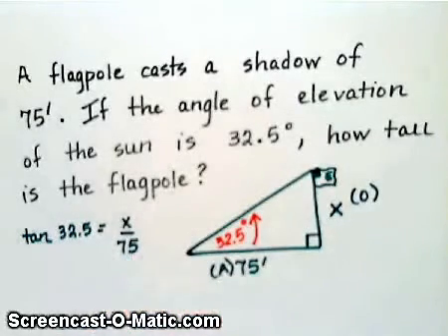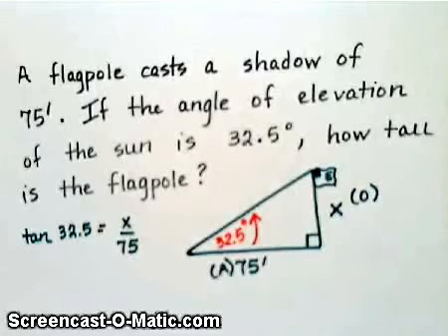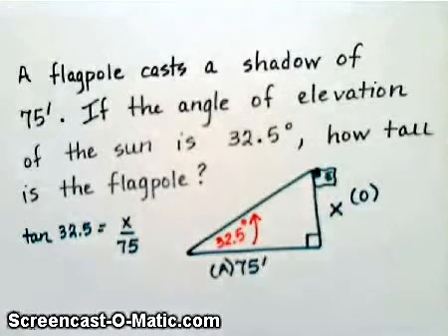Now, this is why we make sure that our calculators are set to degrees. We will go find our calculator. We're going to push the button that's marked trig. And when we are on the trig function, we will scroll over to tangent. We'll punch that in and ask our calculator for the tangent of 32.5. Now we will get a bunch of digits, so we're going to round it to 4 decimal places, and you will find that that is